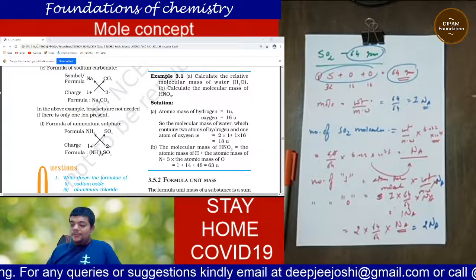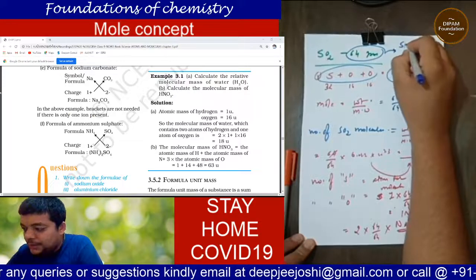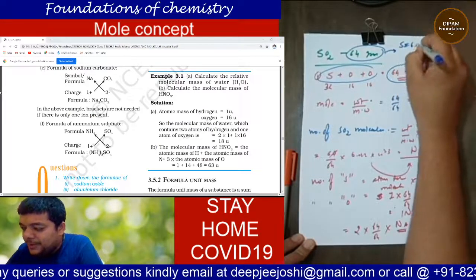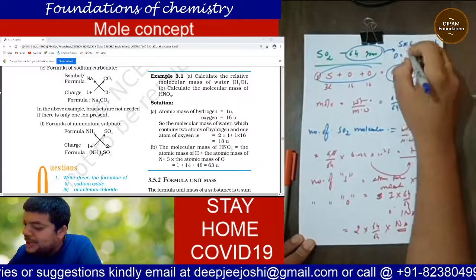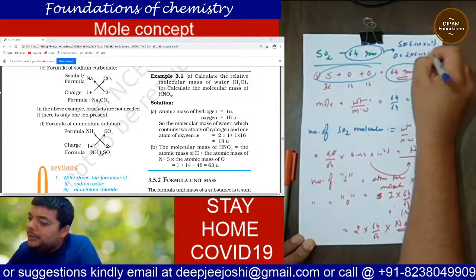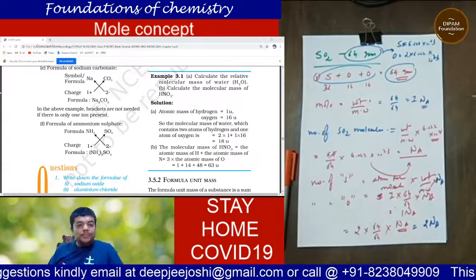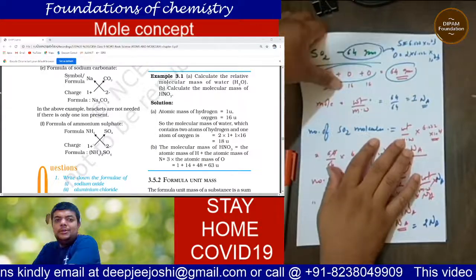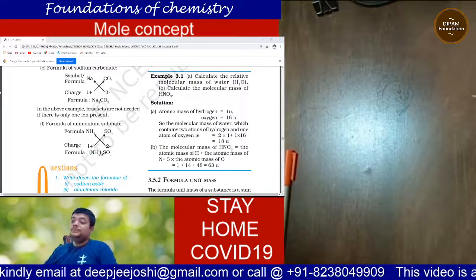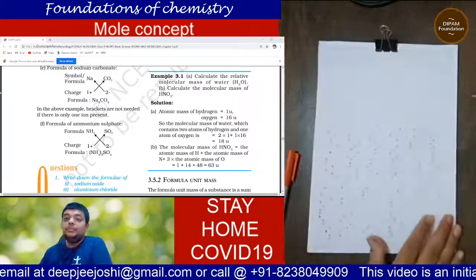So this is how I can say that in SO2 64 gram, the quantity of S is 6.022 into 10 to the power 23, whereas the quantity of O is 2 into 6.022 into 10 to the power 23. So this is how the concept of mole begins from here. You can also add to this the concepts of oxygen and sulfur in terms of electrons.